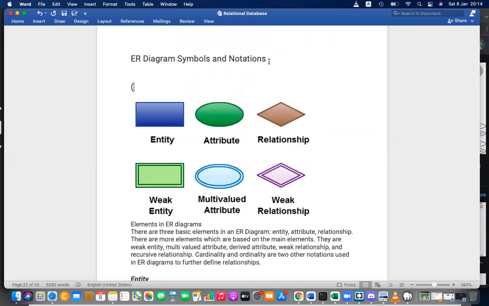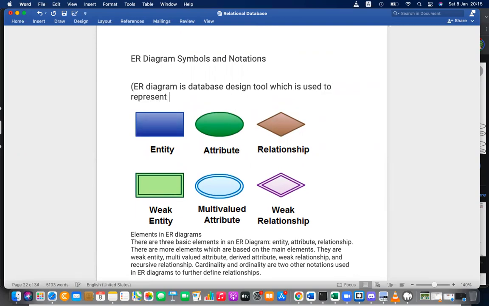Actually, I'll write within brackets: ER diagram is a database design tool, which is used to represent tables and their relationship in symbolic notation.